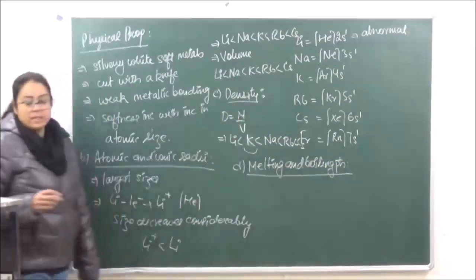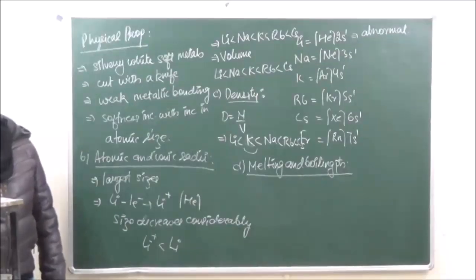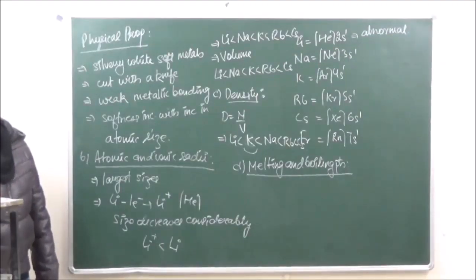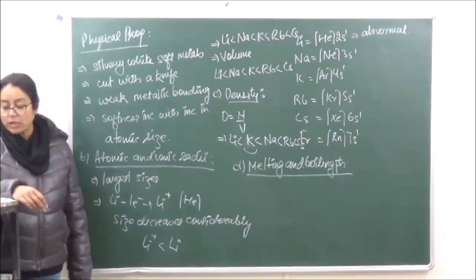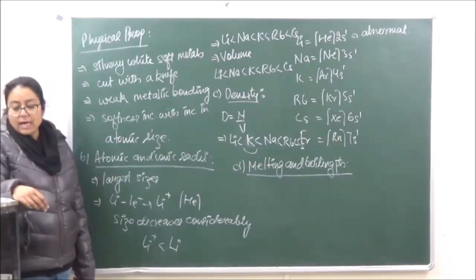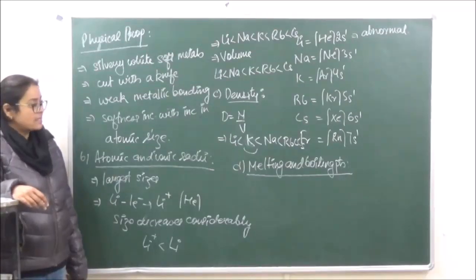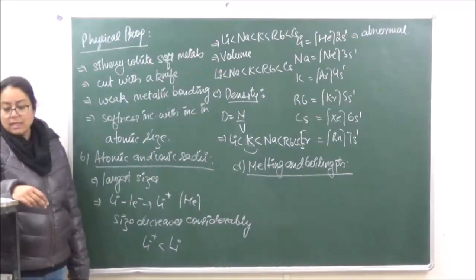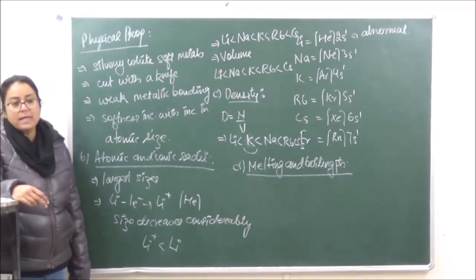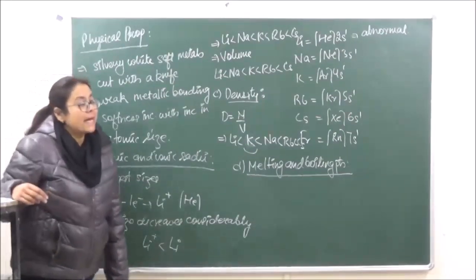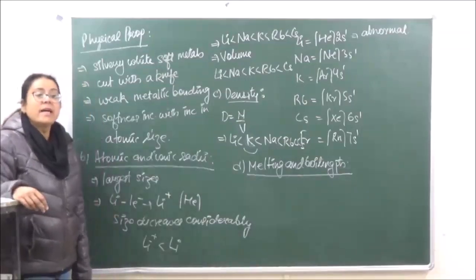melting and boiling points. So when we are doing melting and boiling points over here, it is seen that the energy binding the atoms in the crystal lattice is going to be relatively low because of only one electron which is present in the outermost shell. Therefore, on account of the single electron in the valency shell, as the size keeps on increasing, the melting and boiling points will keep on decreasing because the metallic bonding is becoming weaker and weaker.